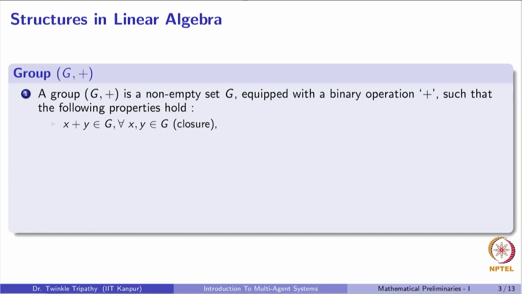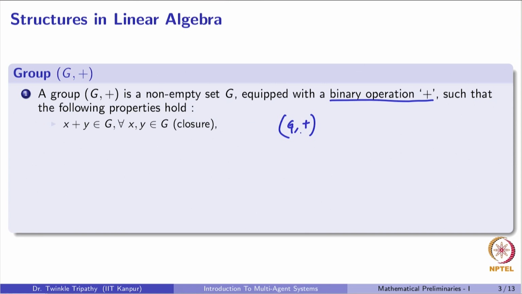One of the first basic structures in linear algebra that we'll talk about is a group. So a group is simply a set which has to be of course non-empty for it to be meaningful. Now the set G is equipped with a binary operator denoted as addition. Note that it is represented as addition, but it could mean any other operator for that matter. Additionally, this set, the set of elements along with the operator, have to satisfy a few properties for the set to become a group. Now the first property that it has to satisfy is the closure property.